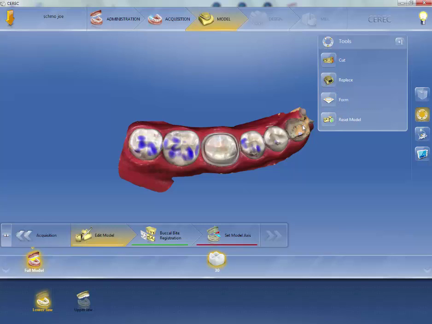The problem with these is that if you were to go in, let's say with a form tool, and change something on your preparation, then your restoration will not fit. I normally recommend you just don't go into edit models. In order for that not to show, if you look at the bottom of the bar, anytime there's a few dots, if I left click on that dot,